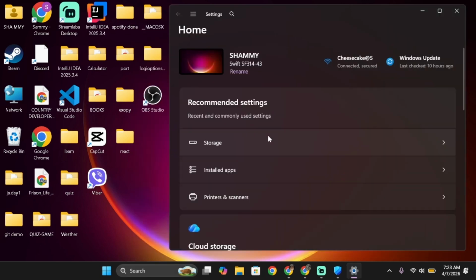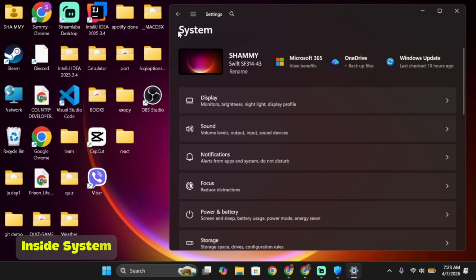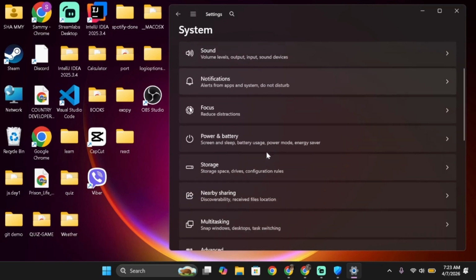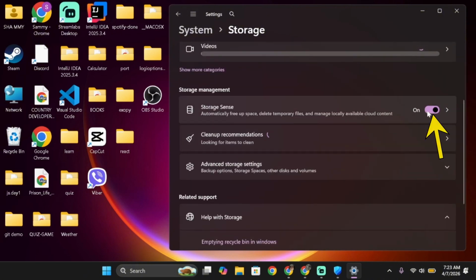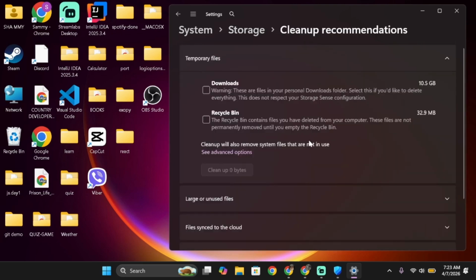After that, you want to simply scroll down. After that, you want to make sure you are inside System. Scroll below, tap on Storage and make sure Storage Sense is turned on. Then click on Cleanup Recommendations and here you will be able to find all the unnecessary junk files on your